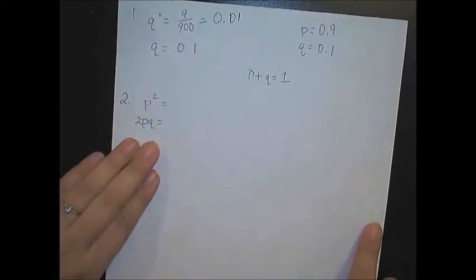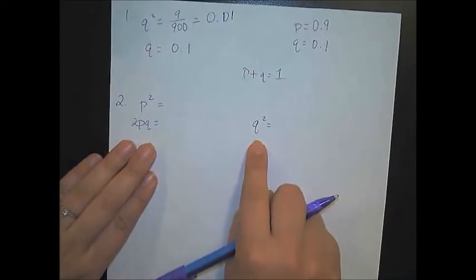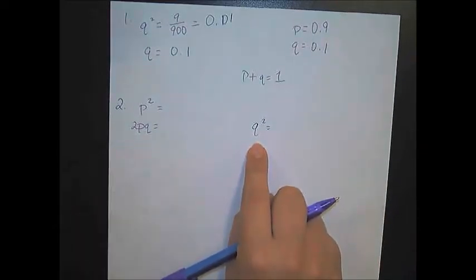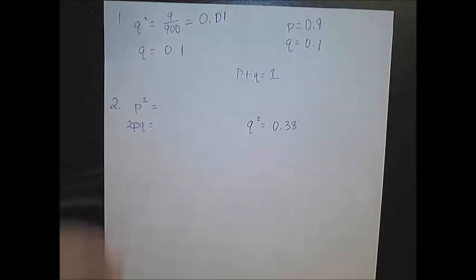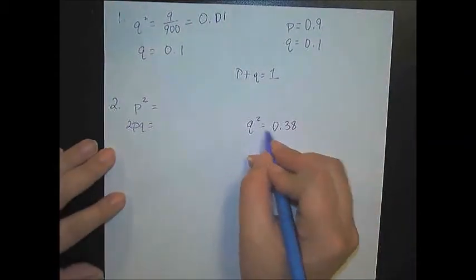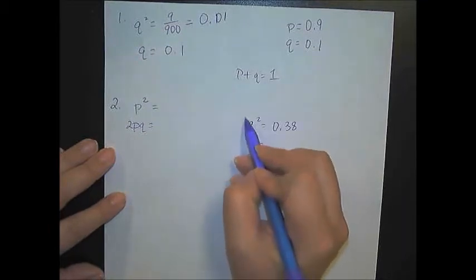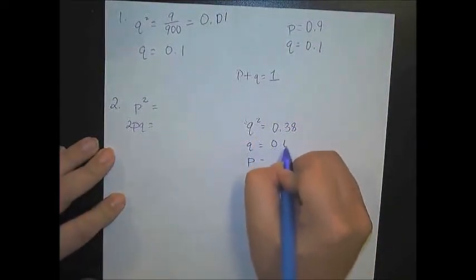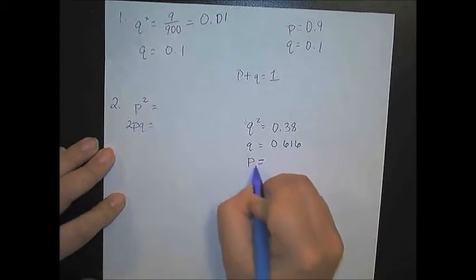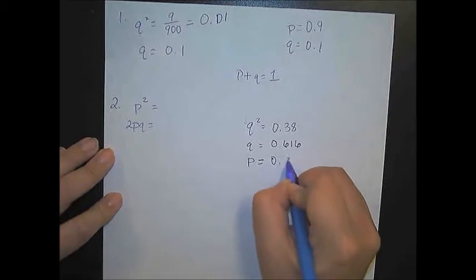So always start with your recessive genotype, because we know, based on that phenotype, exactly what their genotype will be. q squared is equal to 0.38, 38% of the population. So to find out q and p, I start with my q by taking the square root of my q squared, which means that q is equal to 0.616. And to solve for p, I'm going to do 1 minus this value. So p is equal to